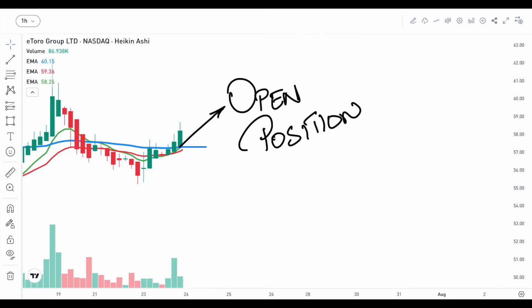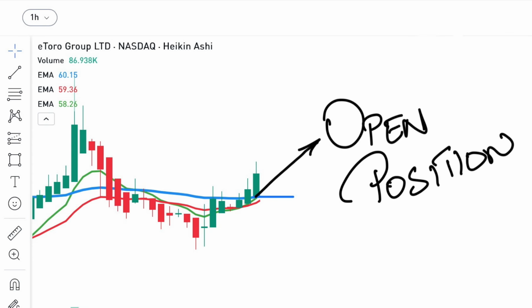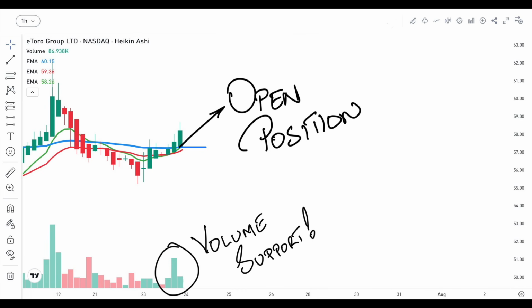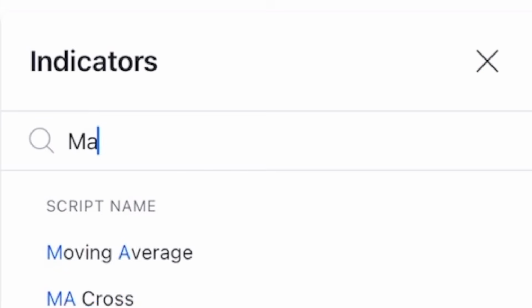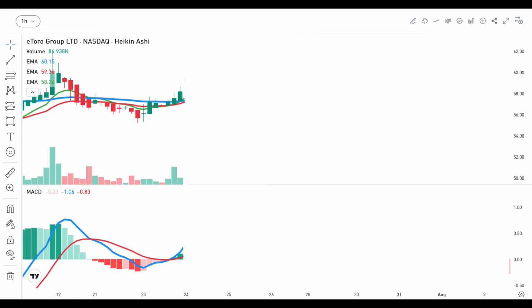This is where I can consider opening a position. Ideally on the open of the third candle, and as clearly visible, this formation has clear support from volume. At this point, I will bring in the MACD indicator. Right at this breakout, the MACD line crosses above the signal line, which is a bullish crossover, adding a momentum